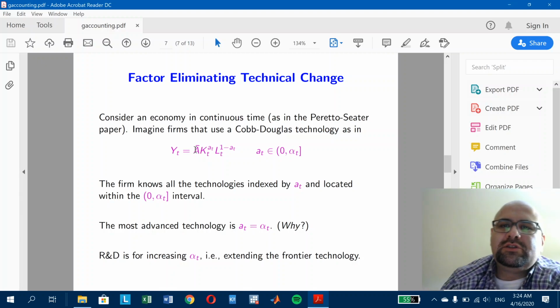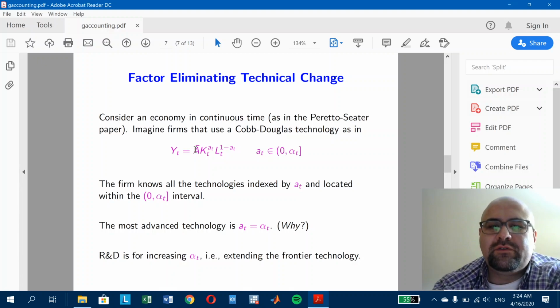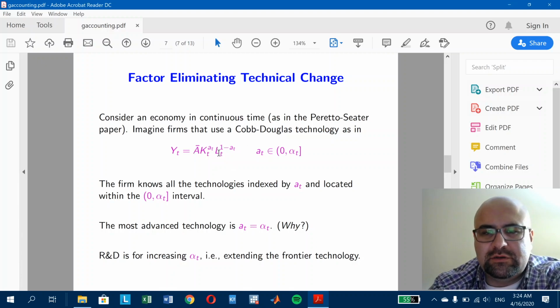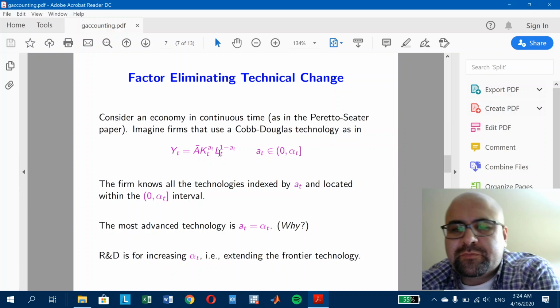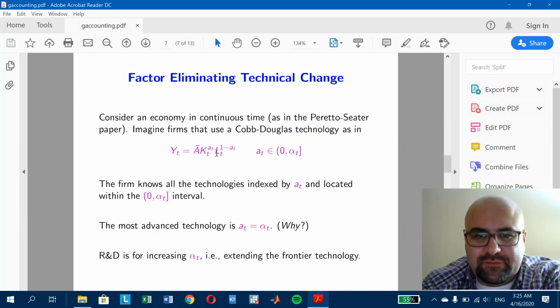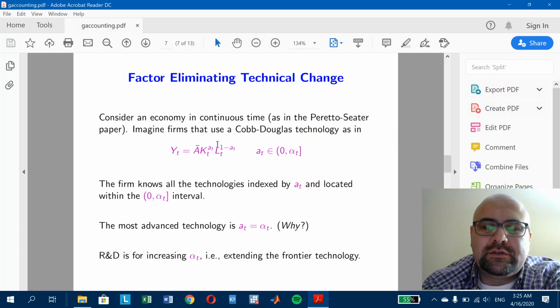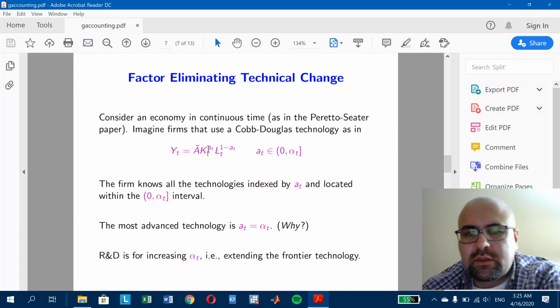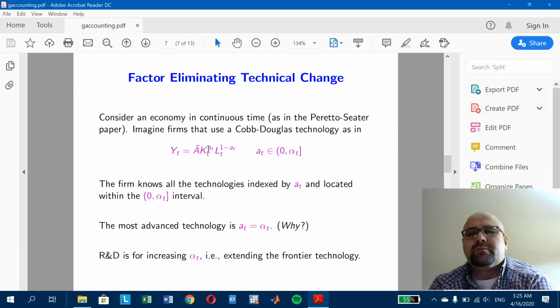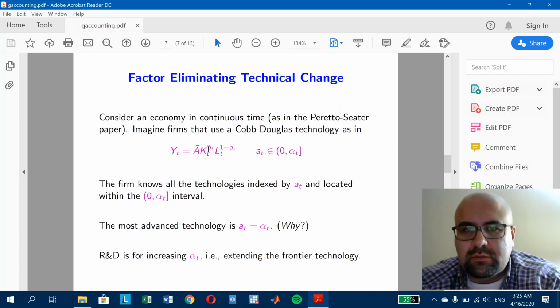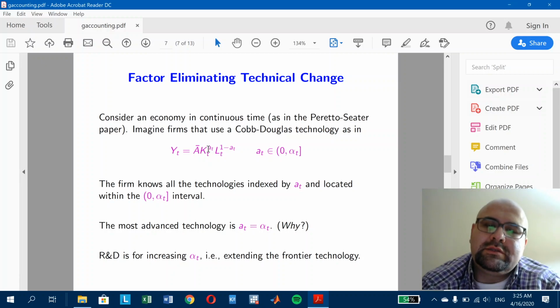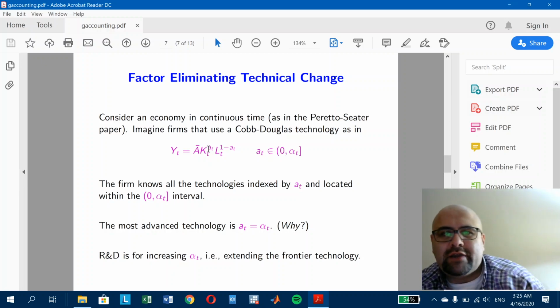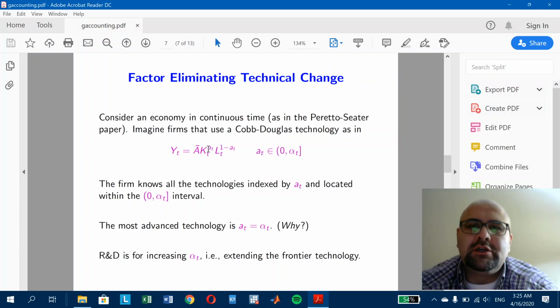So firms try to diminish, try to eliminate the role of non-reproducible factors. So it is here labor, okay? Because that's the reason. If production is completely free of labor requirement, then there's a constant return to scale with respect to capital. Okay. Now in this model, written by Pareto and Seater, firms will direct their R&D efforts to increase